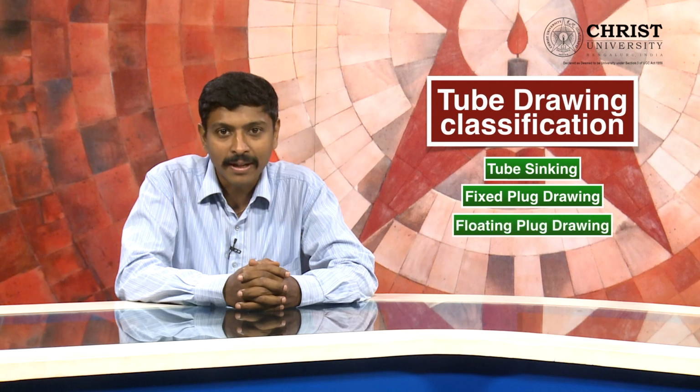Tube drawing is defined as a process of converting solid cylinders into hollow tubes by using various dies. The classifications of the tube drawing are tube sinking, fixed plug drawing, floating plug drawing and mandrel drawing. Tube sinking is used for reducing the outer diameter to the target value. It doesn't have any control over the cylindricity of the inner diameter. One end of the tube is compressed by the external jaw force and it is coupled with the pulling mechanism. When the pulling mechanism moves in the forward direction, the rest of the tube is forced to pass through a step down die to reach the required target level.